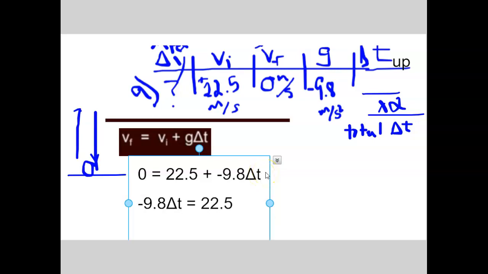It's equal to 22.5. When you take it to the other side, it becomes positive, so that negative is no longer there. And then you divide through, and you should get something like